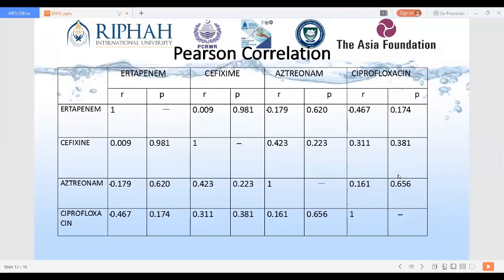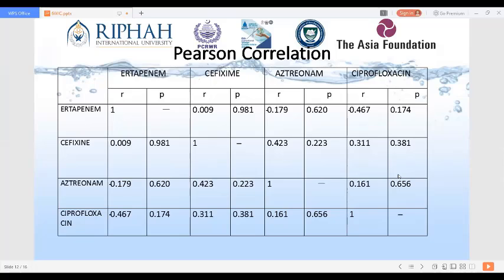And then we did the Pearson correlation to show the correlation between all the tested antibiotics. From the Pearson correlation we found that the antibiotic ertapenem shows a very weak positive correlation with cetirizine, but it is not statistically significant. And ertapenem shows a negative correlation with both aztreonam and ciprofloxacin antibiotics. Both of these are not statistically significant with ertapenem,